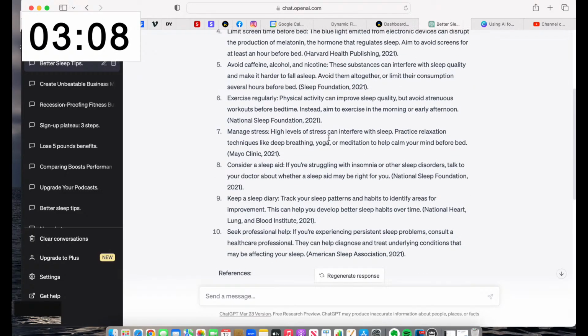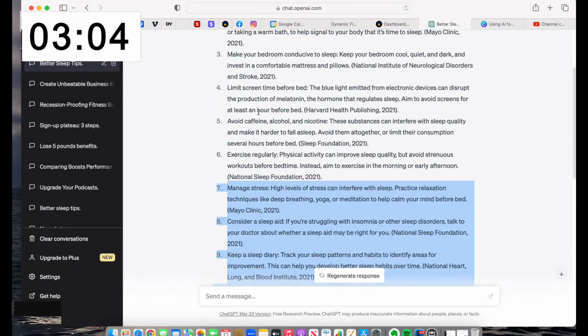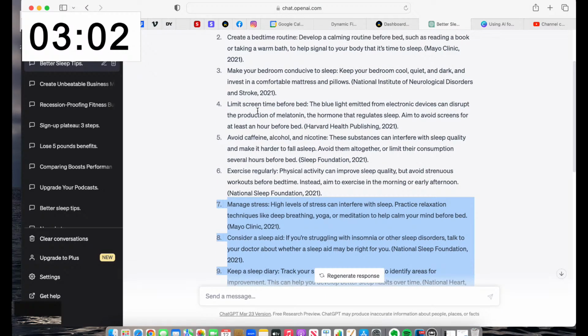What I would do is literally copy and paste the 10 different points on this, put it on a Google Doc, and then I would sit there and tie little stories into it, with my own unique voice, my own messaging on there, so it doesn't look like a robot wrote this, even though it's really, really good. That's what I would do with it, and that's what I recommend our students do with their content. Just use it as a tool. Don't sit there and copy and paste it and sound exactly like what the AI is saying.